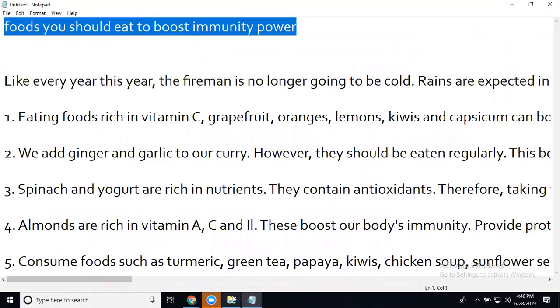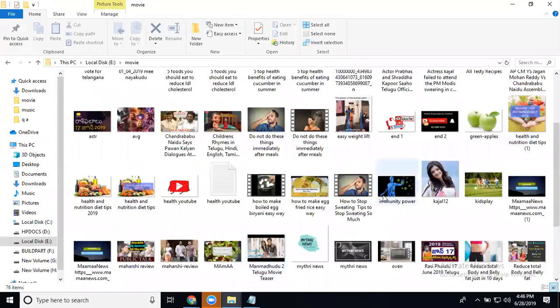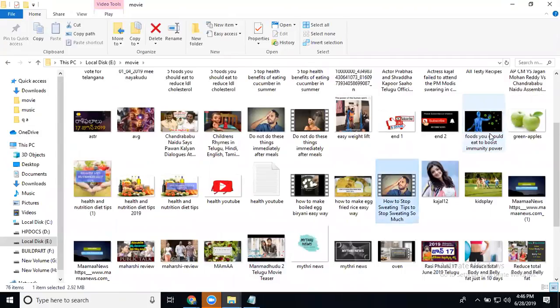The same title you can select for your image. The image name you can also add with the same name. The image is also added with the same name. After that,